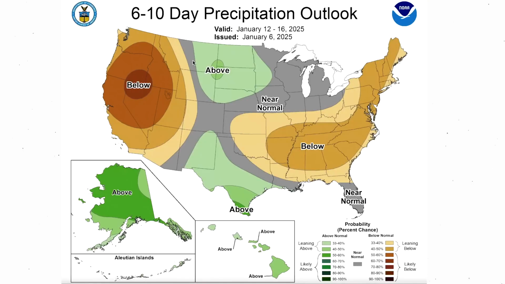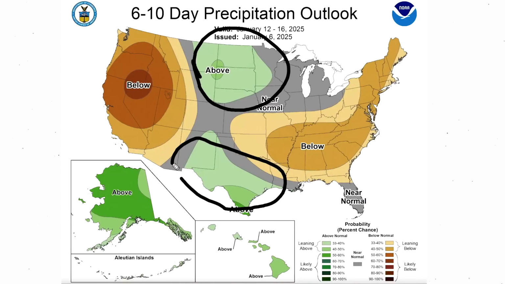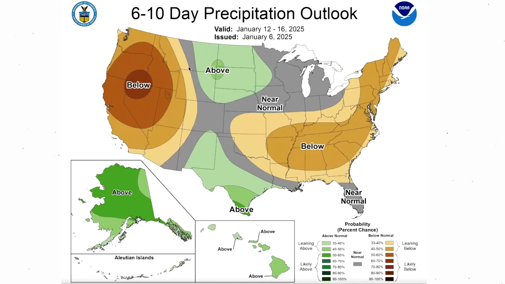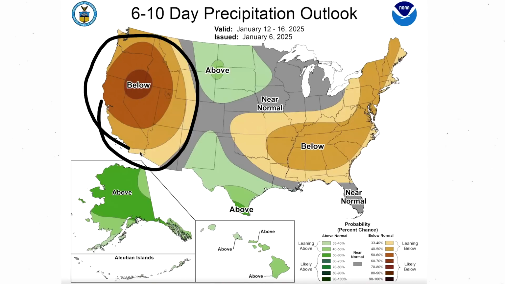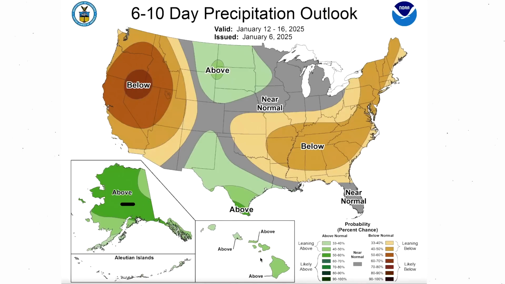The main areas where we're seeing a lot of activity would be the northern plains here, as well as the very far southern plains, and pretty neutral in between. So really, the plains being kind of the highlight here, as well as the Rockies. Drier for the west coast as well. Much wetter for Alaska and Hawaii, as you can see as well, which is pretty interesting.